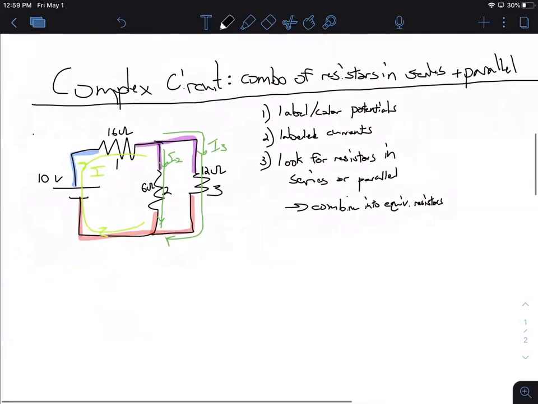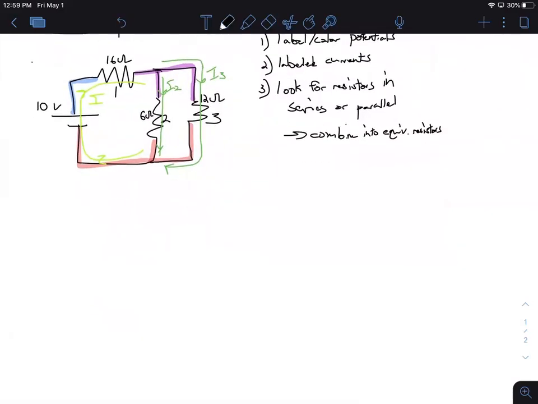So let's do that. I noticed when I was doing this before that these are in parallel. They are changing the voltage by the same amount. Even if it's not the whole voltage from the battery, they're still going from the same voltage before to the same afterwards, the same drop. So I'm going to combine those using my parallel rule for an equivalent resistance. So my goal is now I'm taking this circuit,